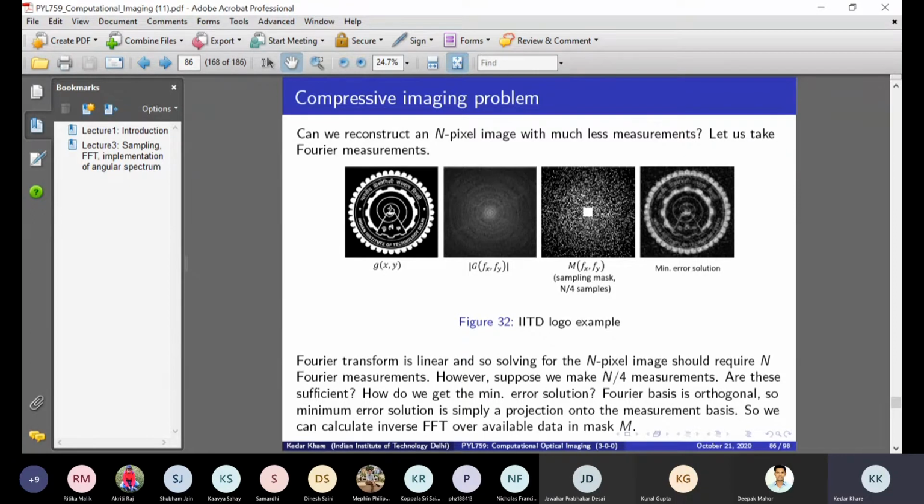All right. And then I said that since the Fourier transform is a linear transform, it's a linear set of equations we have, which we generally try to invert when we invert Fourier transform data. But now, since we have only n/4 samples, we have not measured all the n samples. Our task is now to take n/4 equations to find n unknowns. And so if you try to solve for the minimum error solution, this is the kind of solution you get, which is shown on the rightmost image here.